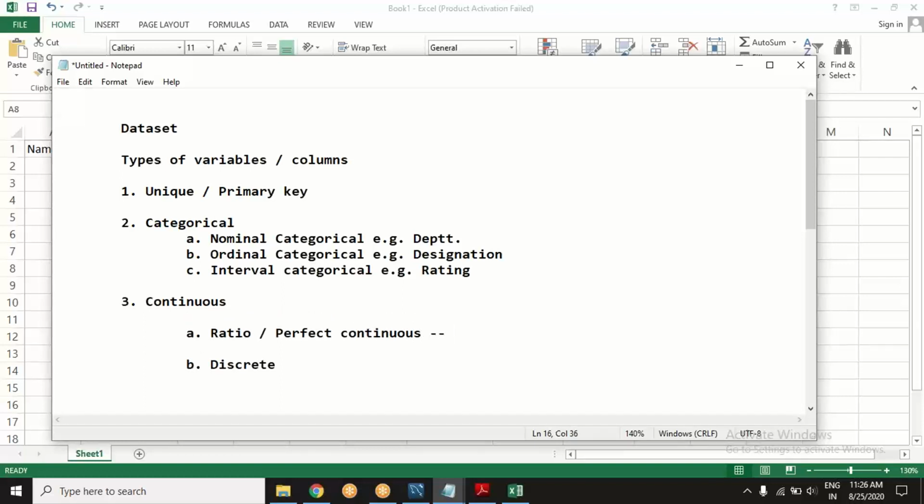So broadly there will be data types to identify these two broad categories: categorical variables and continuous variables. So broadly, I need to identify which are categorical and which are numeric.